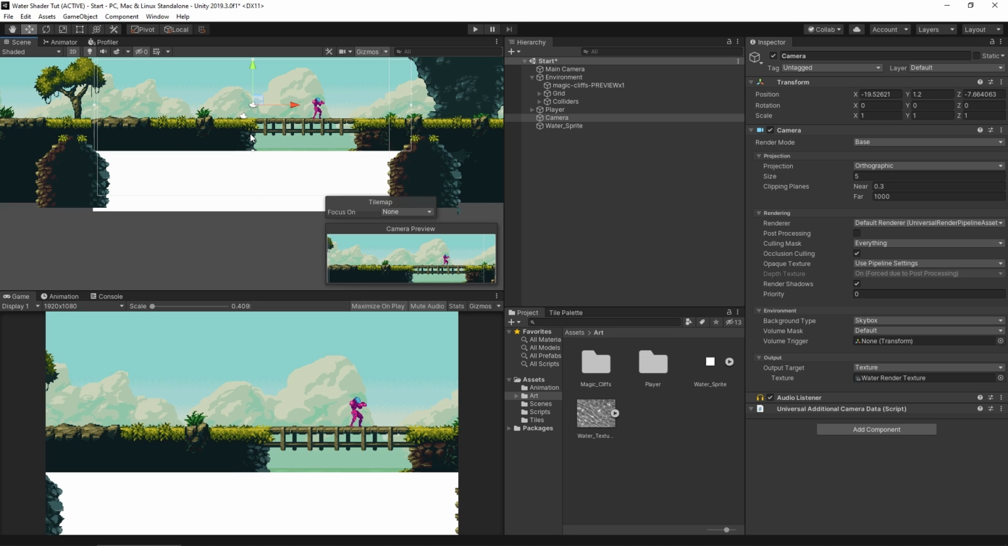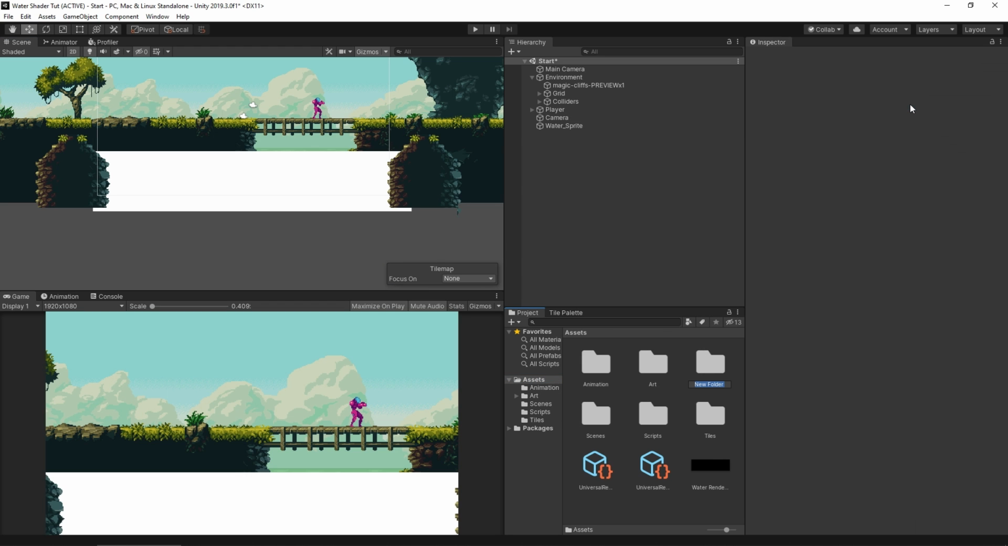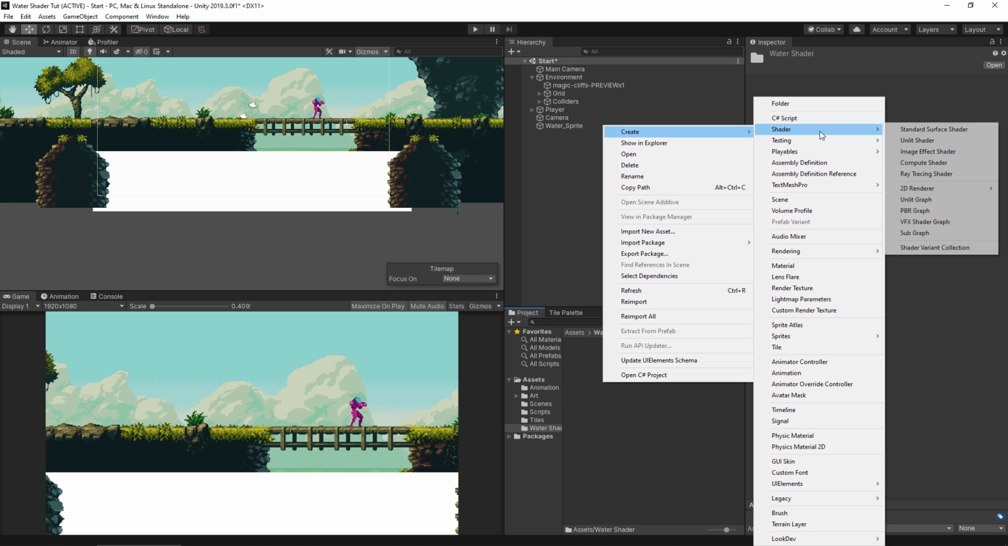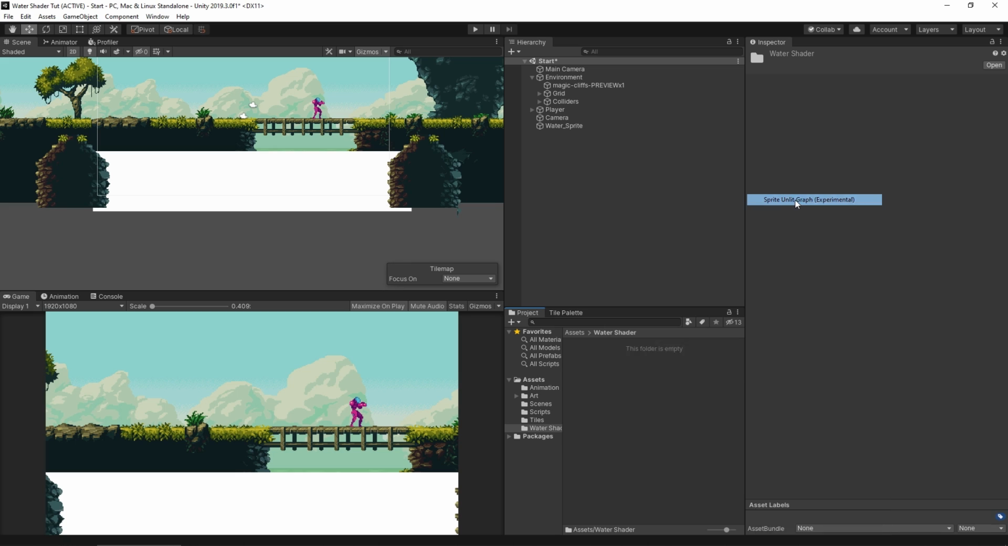The next thing to do is make it so that we have a shader that's going to send some information to this blank white graphic to make it show our reflection. So we're going to go down here to my assets folder. I'm going to create a new folder that we'll call water shader. Open this up, and I'm going to right click here. I'm going to create a shader 2D renderer, and we're going to do a sprite unlit graph because we don't want this to interact with lighting at all. We just want it to be unlit. So here we're going to call this the water reflection